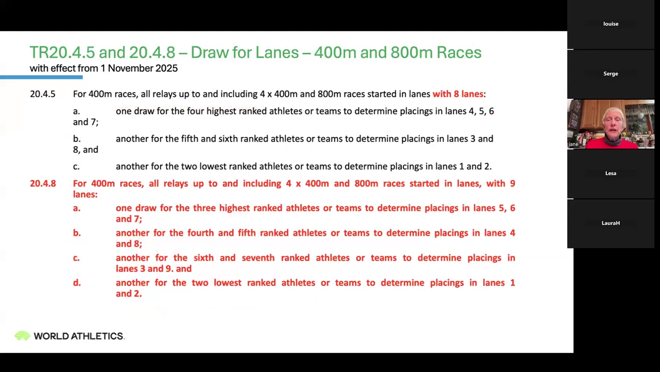Moving on, Louise, we're going to, should I do 400 or do you want to talk now? Nope, go ahead. Okay, for the 400s, once again for 4 and